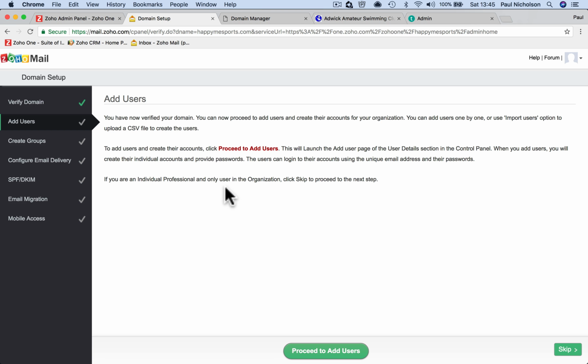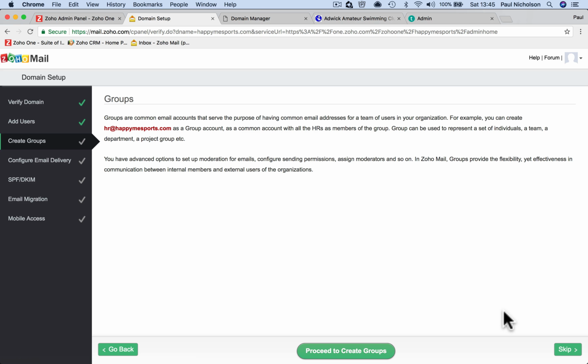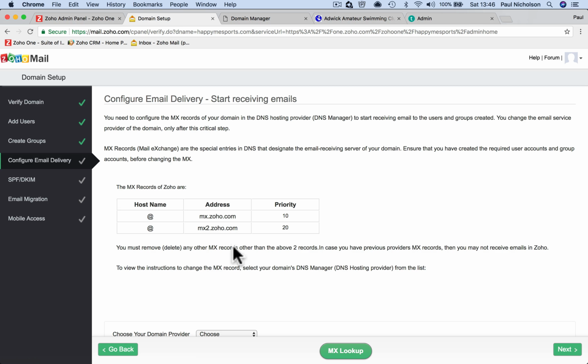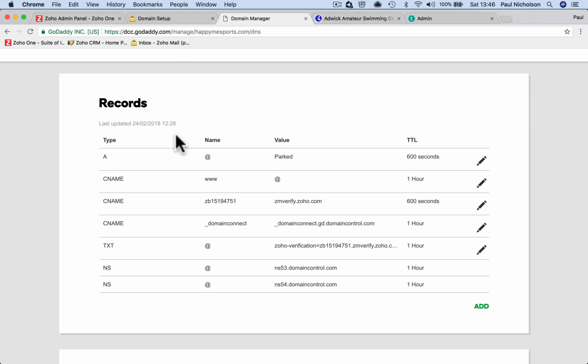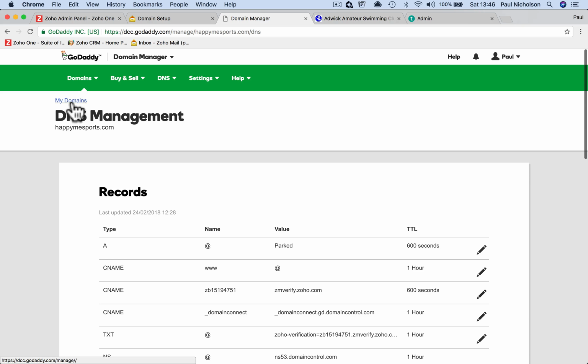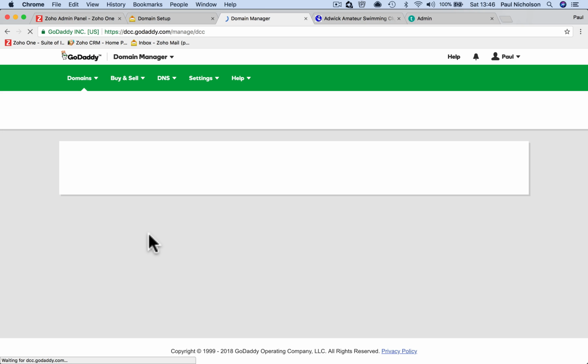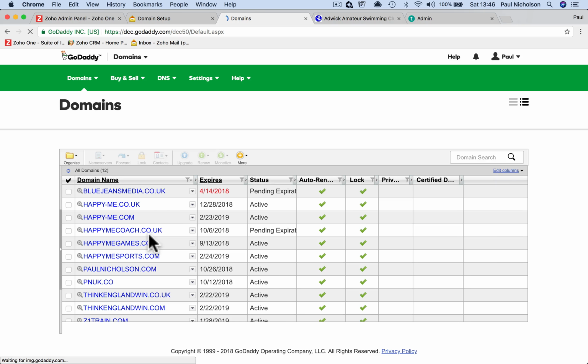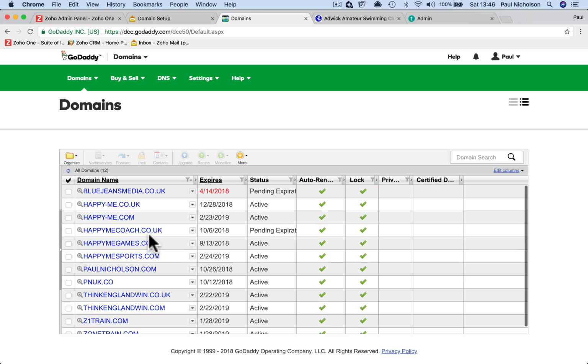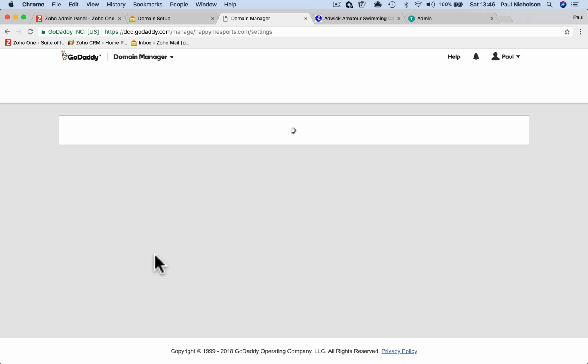Add users. You can add lots of users at once. Obviously, we're only using one user in this area. Create groups. We're not going to do that for now. Configure email delivery. So we're back to that GoDaddy DNS settings, right? So I've got to make my MX records match this. Okay, so back to GoDaddy. Log in again. My domains. And go to Happy Me Sports,